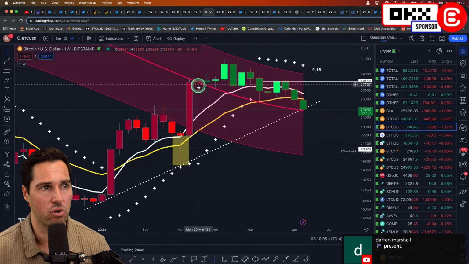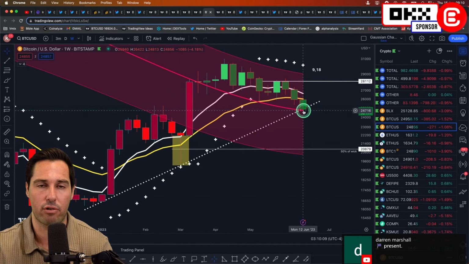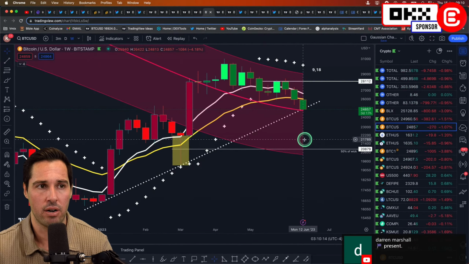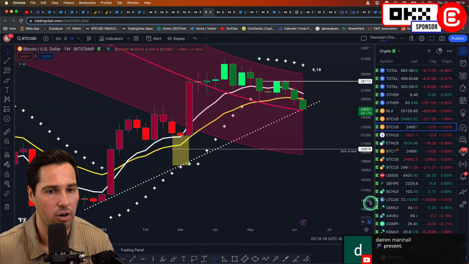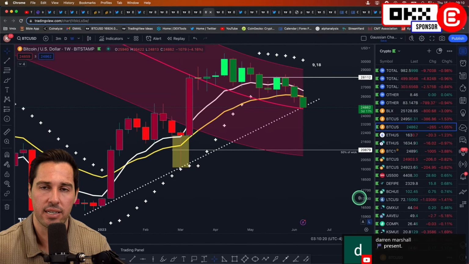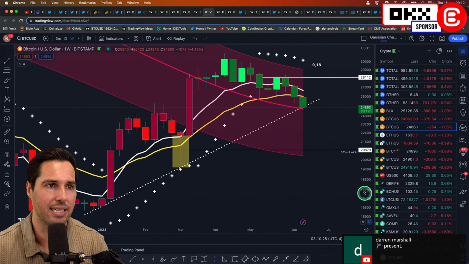You also have the middle of the Gaussian channel. But the question is, will we hold that? If you start to break that, remember there is going to be fear that will come into the market and you might accelerate down. My lowest target that I'd be looking at, whereby I say bulls could potentially still survive this, and again, I want to emphasize it has to be on a wick basis, right, is at this level,